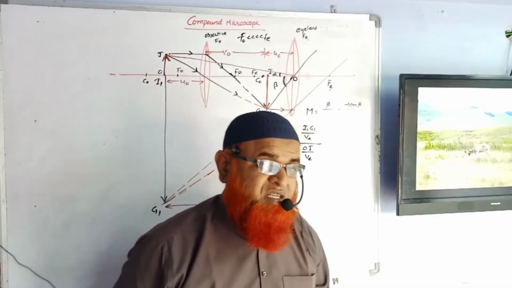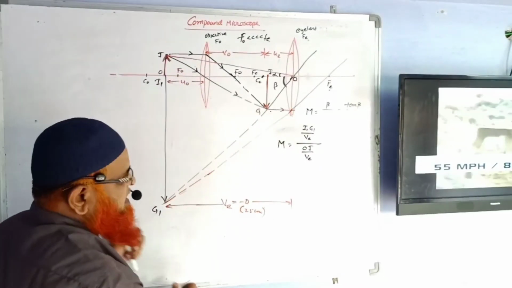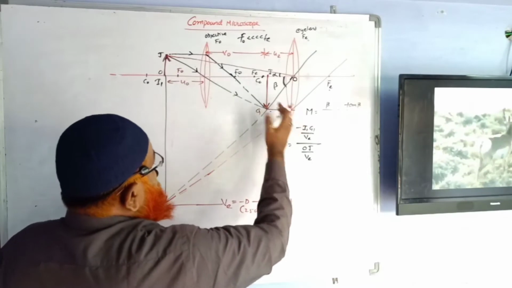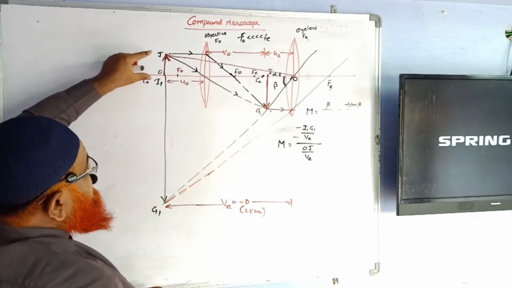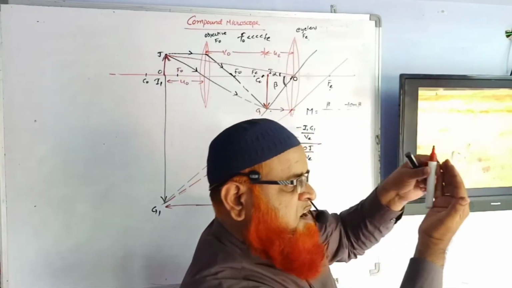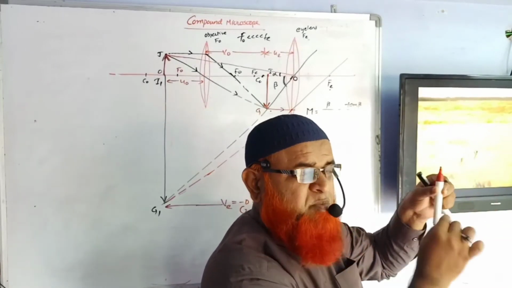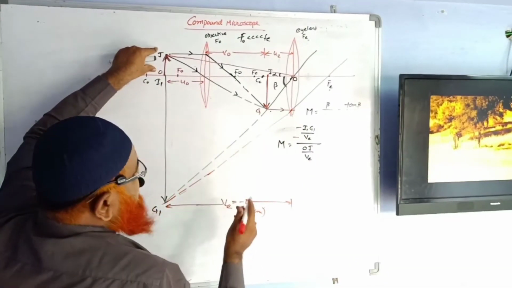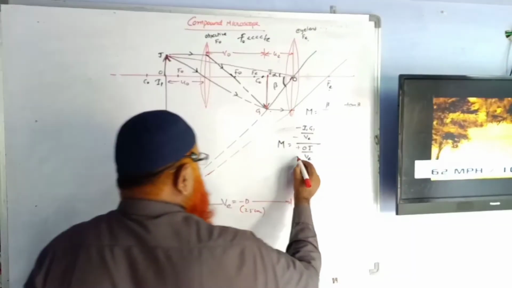Let us go for the sign conventions. Which is to be taken positive, which is to be taken negative here? I1 G1 is inverted, and inverted images are always considered minus. VE is on the left side for the I lens, and as it is on the left side, I can take it as minus. The object is erected, and erected is always positive. Inverted is always negative. Left of the optic center is always negative, and right of the optic center is always positive, because the optic center is considered to be the origin. That's it, very simple. Now, OJ is erected and can be considered as plus. VE is on the left side, so it can be considered as minus here.